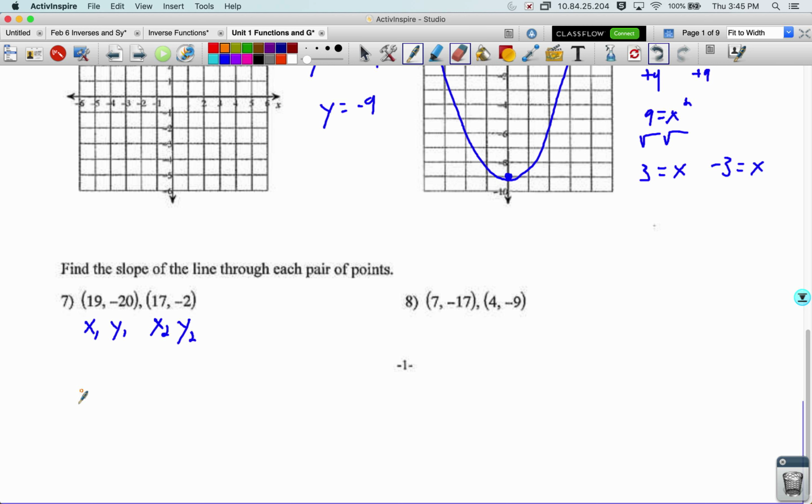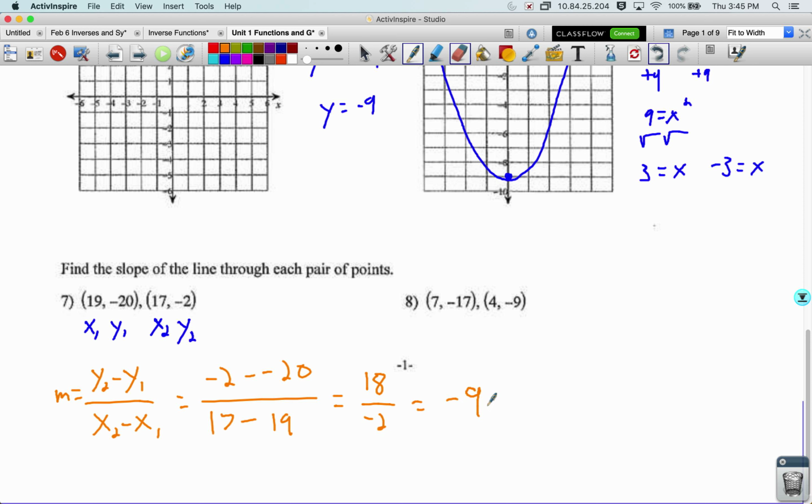Now the formula for slope is slope equals y2 minus y1 over x2 minus x1. Which equals negative 2 minus a negative 20. We got a minus from the formula plus a negative from the negative 20 over 17 minus 19 equals, that's an 18, that's a negative 2, that's a negative 9. All right,